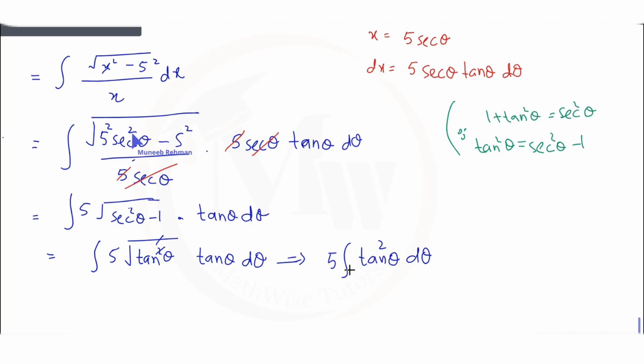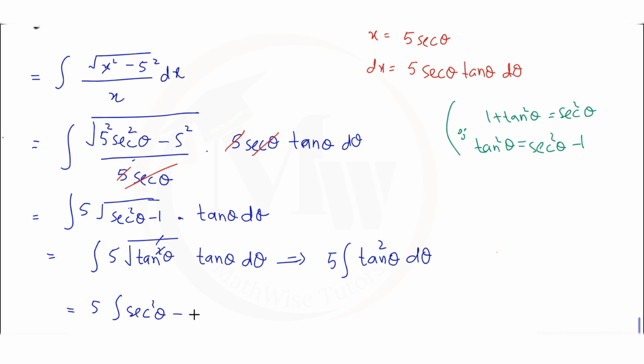Now you have this function. So what is the integration of this? How can you find the integration of this? As we know, there is no direct integration of tan square, so we convert it into secant square. As you know, tan square is equal to secant square minus 1, right? So it becomes secant